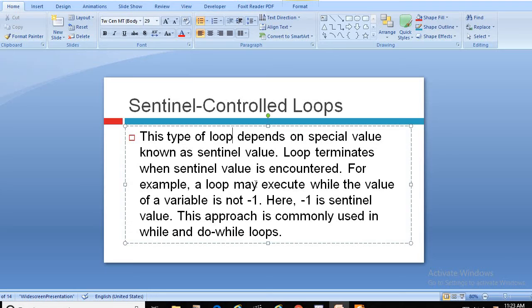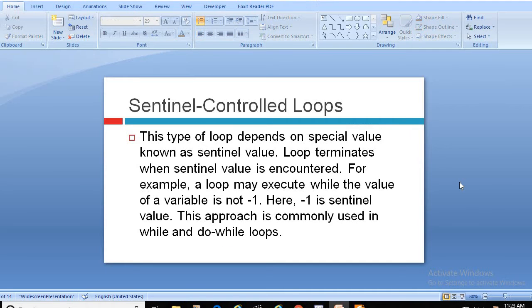For example, I tell you that your computer is on at this moment. You are watching this video and your system is in execution. I give you two examples.